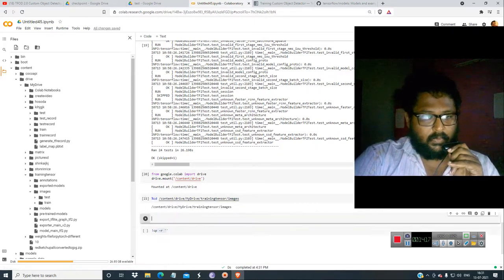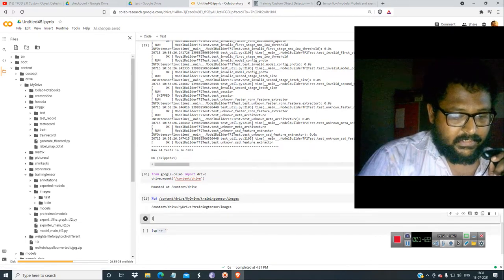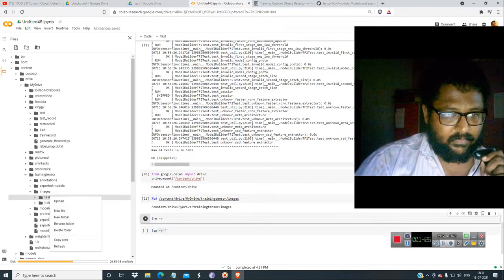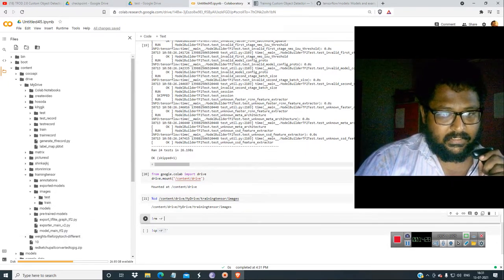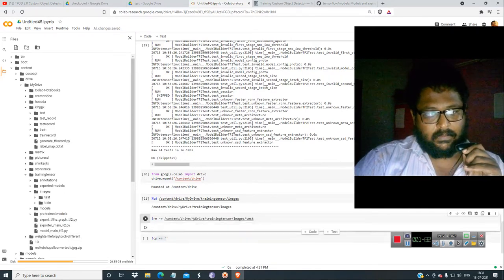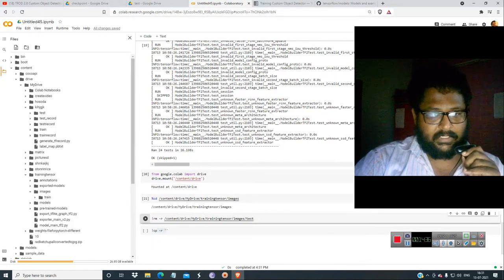Then what you have to do is get here. So it is exclamation rm minus r, and give test. You have to remove the path, remove the folders. First you have to remove the test folder. Okay, now the folder will not be available over here, it has been removed.